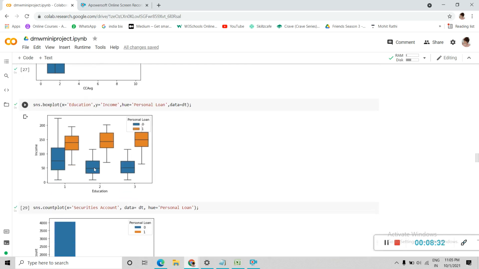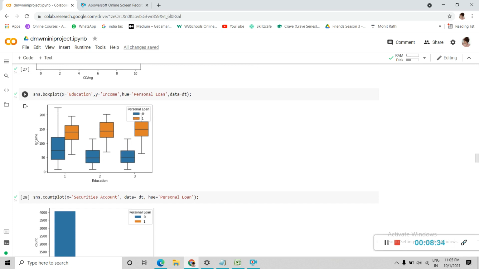Now this is another type of box plot where we have income and education, and these blue and yellow colors depict the personal loan relation with income and education. The blue box depicts the people who haven't taken a personal loan.